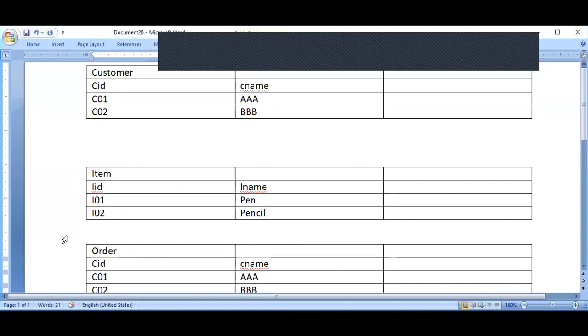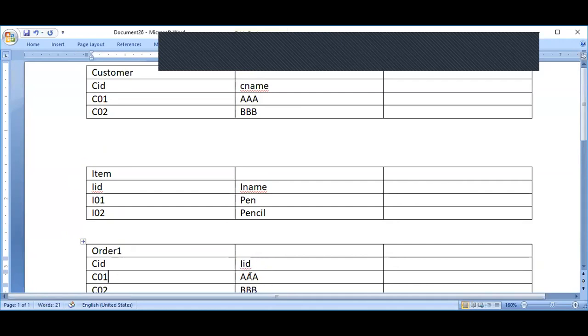Exactly as per our table. Suppose there is an order table in which I have only customer name and item ID. This is not lid, it is IID.